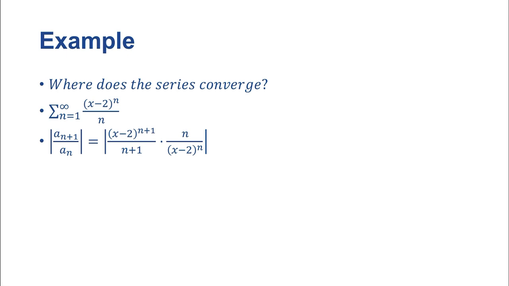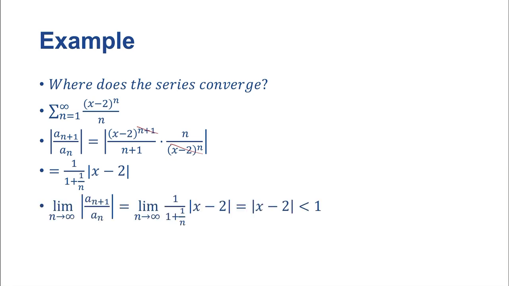Okay, so we can cancel out a lot of these. We cancel out this there, and we cancel out all of this there. Then we can cancel out n's later on, and what we are going to get, if we simplify, is 1 over 1 plus n, or 1 plus 1 over n, times the absolute value of x minus 2. So now when we take the limit as n approaches infinity, we are actually going to see that we go to